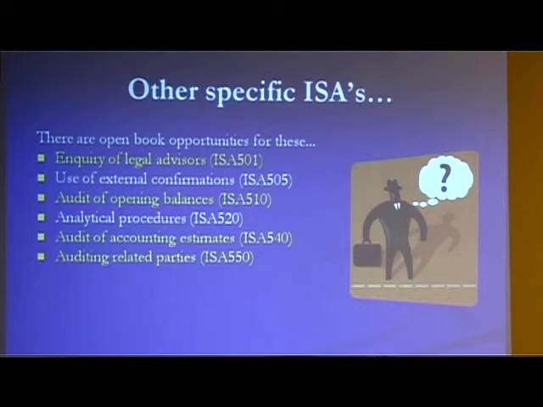Auditing related parties, also quite a short little statement and some nice open book opportunities there in ISA 550. We'll have a quick look at that. Management representations, I'm not going to, mainly because you're not likely to be drafting management representations in an exam context. There are appendices in there giving examples of representation letters. Again, just be familiar with what is in there, but in most cases, the representation is going to form part of a standard substantive procedure to another account balance, or any account balance actually.